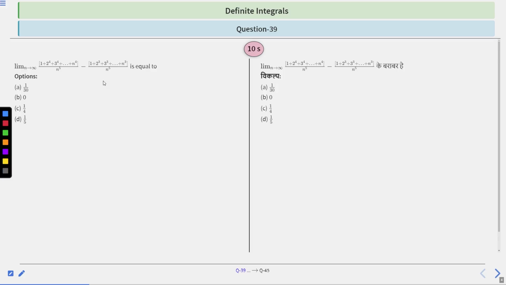What we have to do is first convert this limit into a summation series. After doing the summation series, you can take 1 by n common, and convert these terms into the form of 1 by n and r by n. After that, you can assume r by n as x and 1 by n as dx. And the limits of integration will be according to the limits of the summation. What is the lower limit and what is the upper limit? Got it? So in this way, we can approach this question.